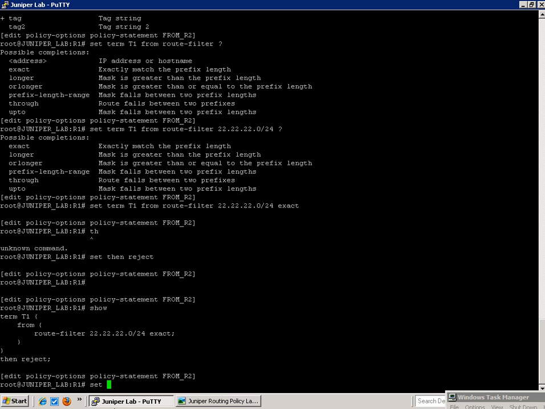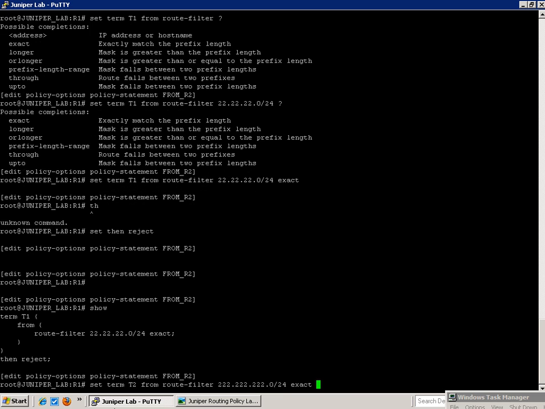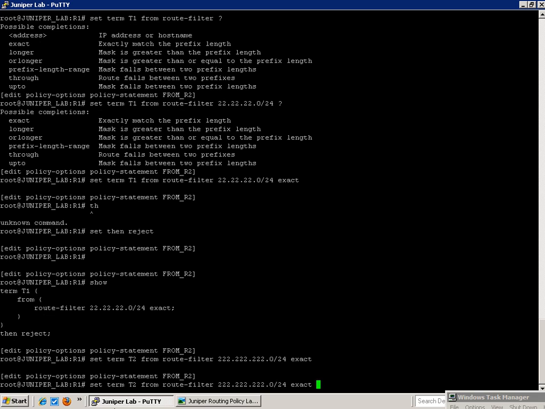So we're going to do set term T2 from route filter. We're going to match the 222 network /24 exactly. Once we match the 222 network, we're going to